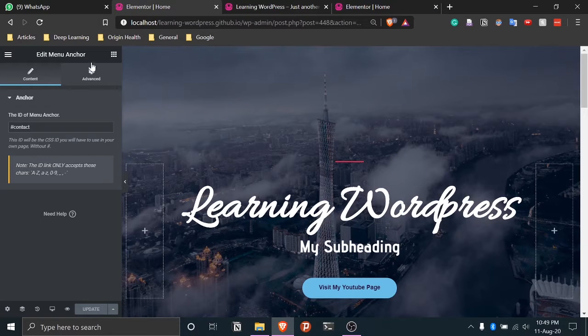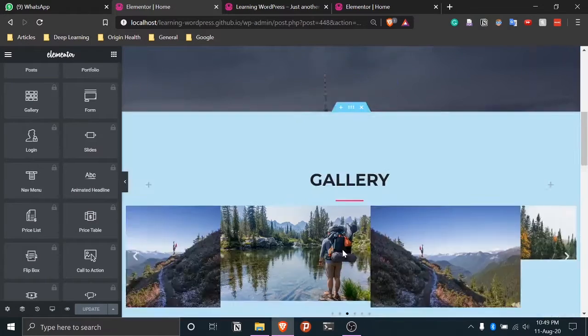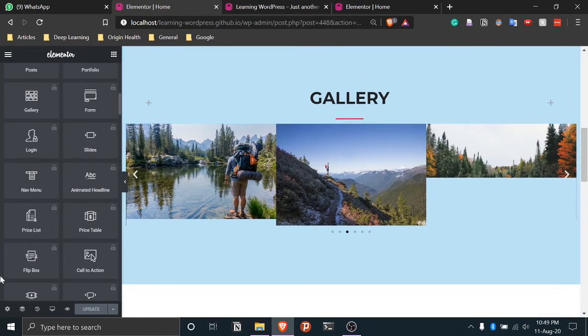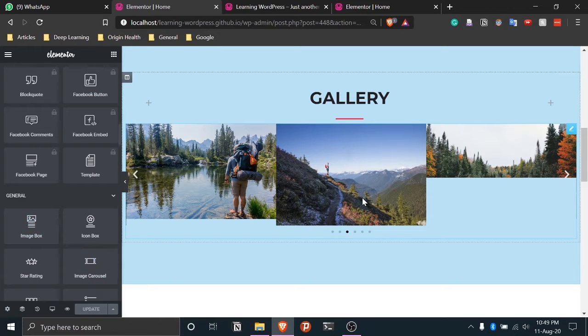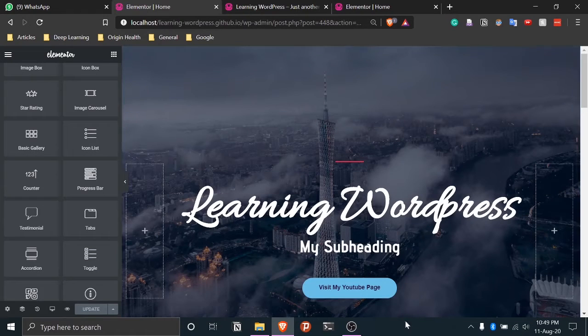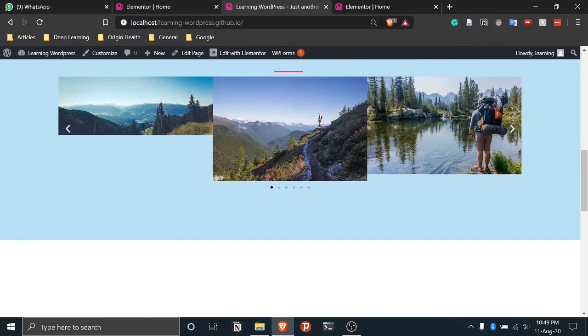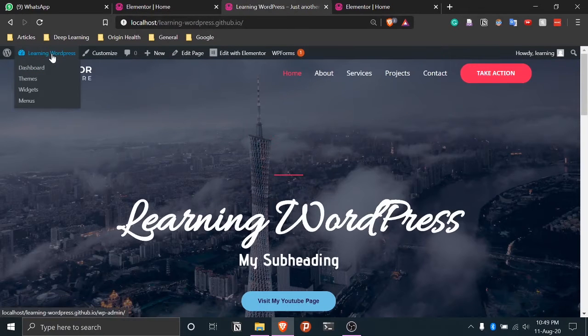It's just a tool. You just have to go to this menu and try to explore each one of these. Just try to add certain things and see how things work. If you don't like this gallery, you can try something else, like image box might be a good option for you. So it's all about exploration, how you explore and what you find the best. So now, enough talking. Now we'll go and make some menu.